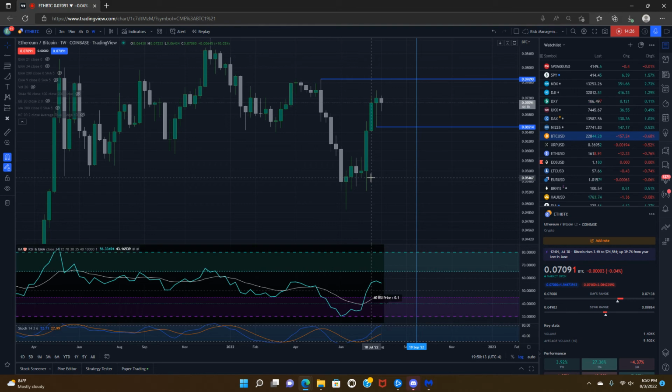Now, one thing to keep in mind is that this is an Ethereum BTC chart. So if it chooses the downside path, it doesn't necessarily mean that Ethereum will go down in USD terms. It still could go up, but it does mean that it would lose value in BTC terms. So that may be a market dynamic where Bitcoin is taking the lead,